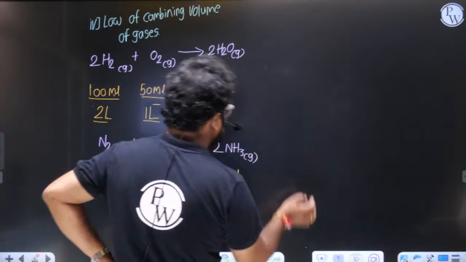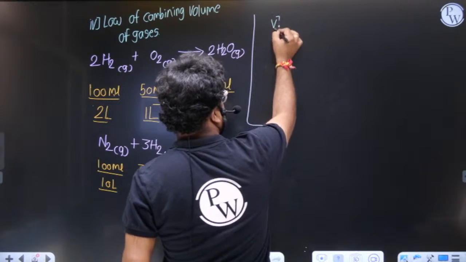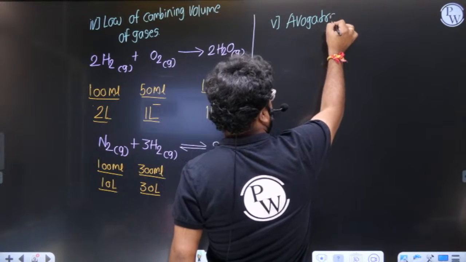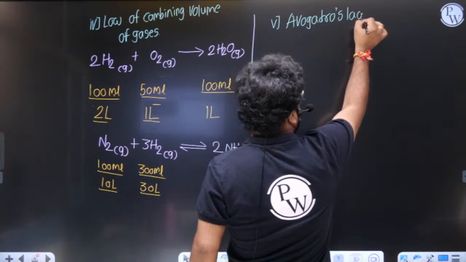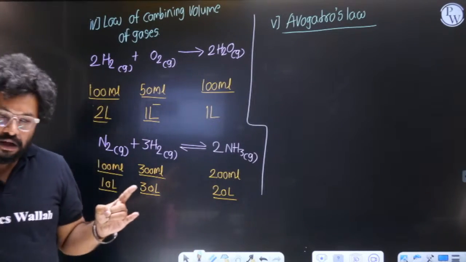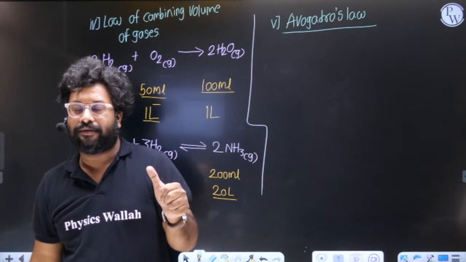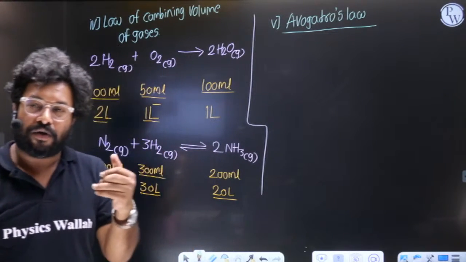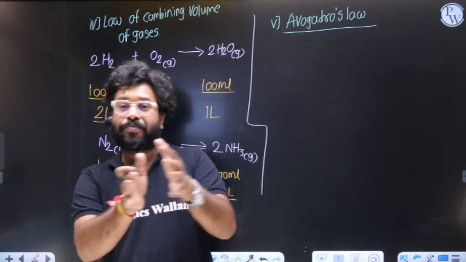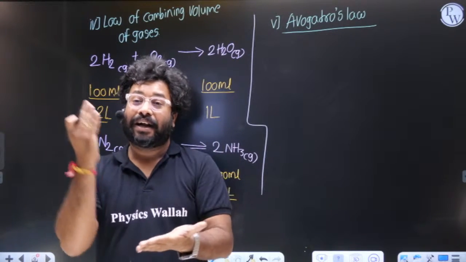Okay, cool. Chalo, fantastic. Now to the last law, that is Avogadro's law. Now there are two Avogadro's laws that we are going to see. We are going to see the Avogadro law of molar volumes as well, and we are also going to see the Avogadro law of equal volumes. Now, what is the Avogadro's law of equal volumes? It states that equal volumes of two or more gases contain,